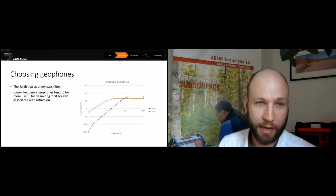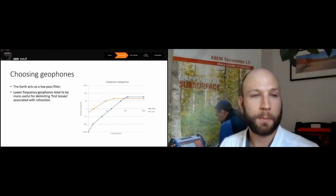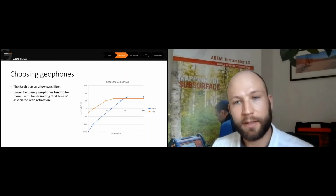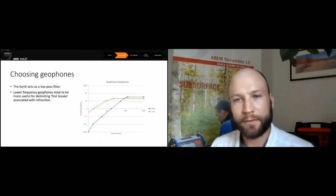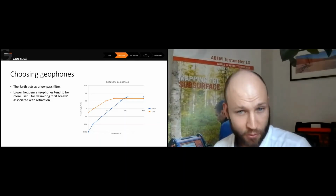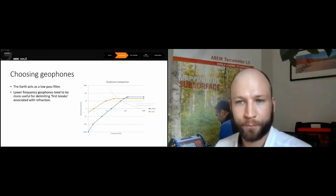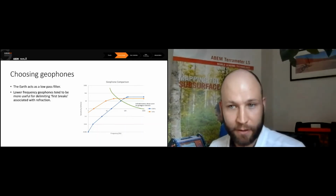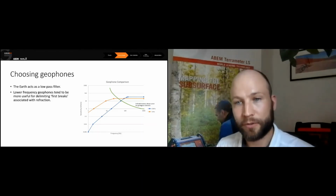And once we've chosen our source, we can move on to choosing our geophone for the particular site that we're working on. So one thing to consider is that the Earth acts as a low-pass filter, meaning that as waves travel increasing distances from the source, higher frequencies are attenuated more quickly than the lower ones, as shown by the green line. For refraction surveying, we seek the largest amplitude response possible for waves first arriving at the